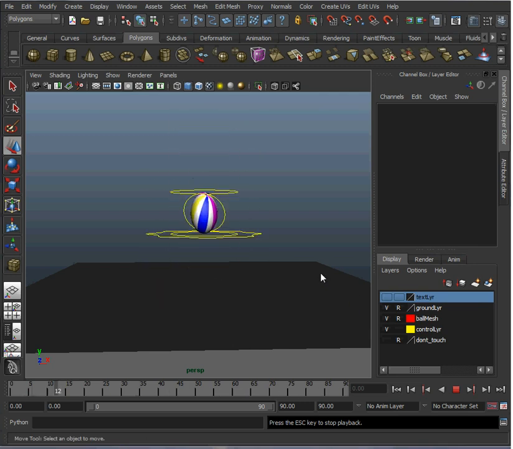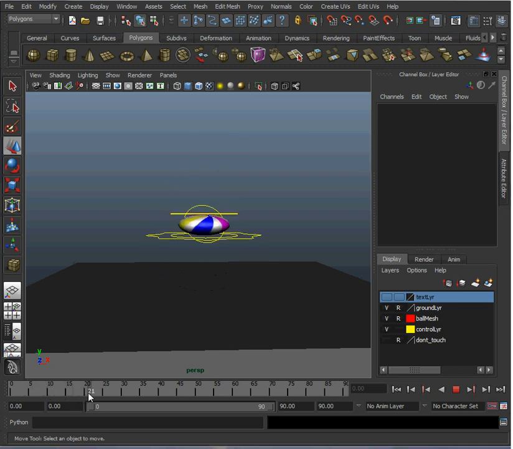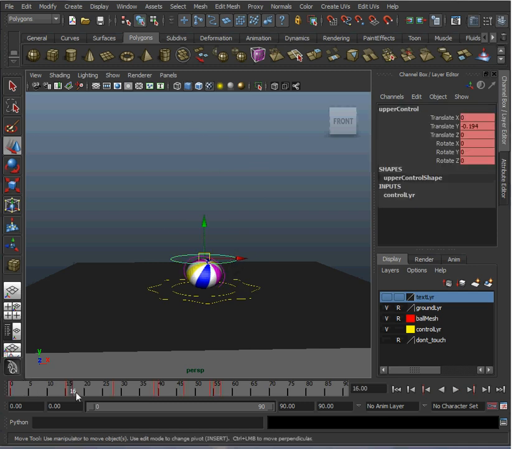I think it squashes way too much in the beginning, and also since I only set the top and bottom keys on this, I get a common problem in beginning animation where you don't get out of your squash soon enough. It looks like a pancake flying up after it hits the ground. So we're going to have to set a couple more keys. After it hits the ground here, we don't want it to fly up and look like a pancake.